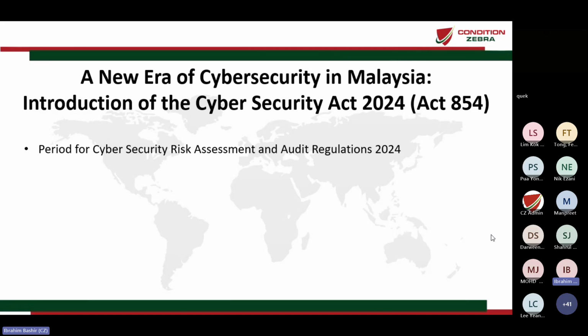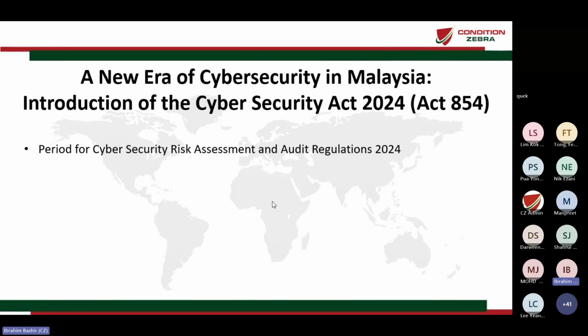Okay, these are the things that were actually in place to protect data, but they are not comprehensive. They are not focusing on cybersecurity itself. They are focusing on specific industries or specific things like data protection only, not cybersecurity. So what the Cybersecurity Act 2024 does is it comes together with 4 components,